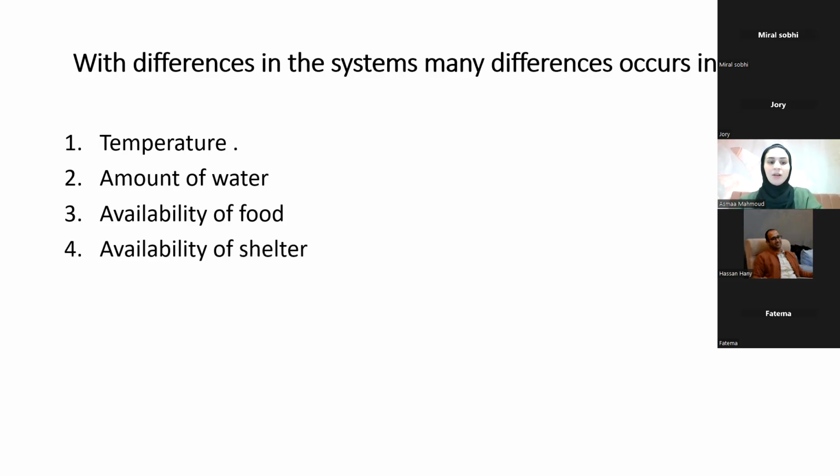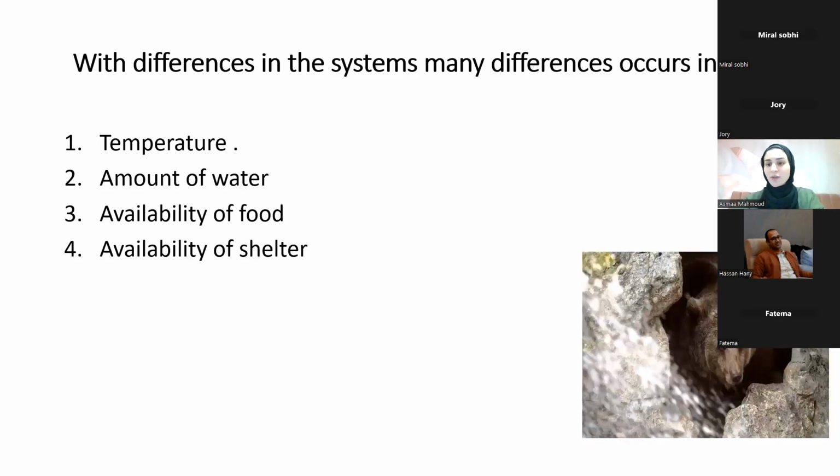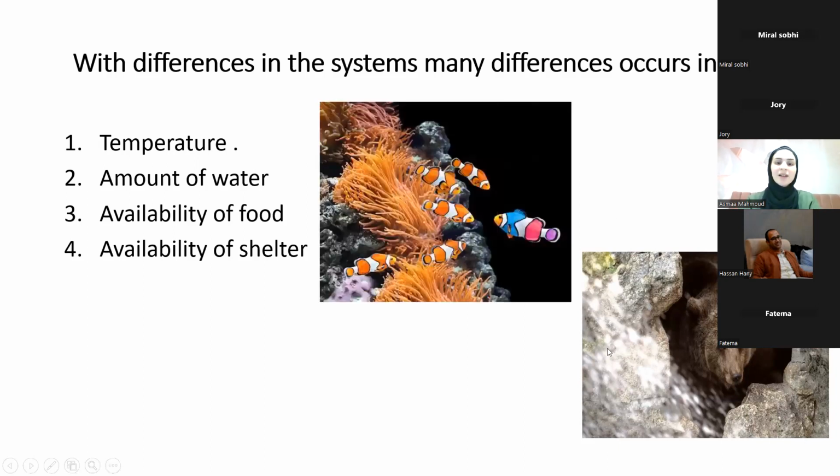Okay. Availability of shelter. Do you know the meaning of shelter? Shelter means the home of the animals. Like we have a home, and the home of the animal is called shelter. So what is the meaning of shelter? The home of animals. Super. Like what? Like the cave. Some animals live in the cave, and some other animals